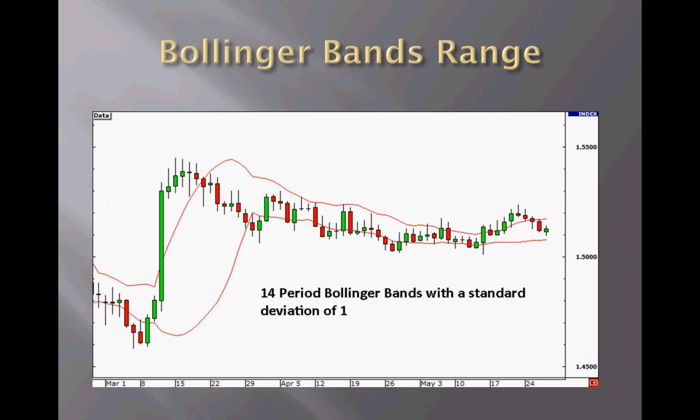In essence, Bollinger Bands contract when there is less volatility in the market and expand when there is more volatility. Because of that, Bollinger Bands provide a good tool for breakout strategies. When the bands are thin and contracted, volatility is low, and there should be little movement in price in one direction. However, when the bands start to expand, volatility is increasing, and more movement of price in one direction is likely. Generally, ranging environments will contain somewhat narrow bands compared to wide bands. In this case, we can see that the Bollinger Bands are contracted,